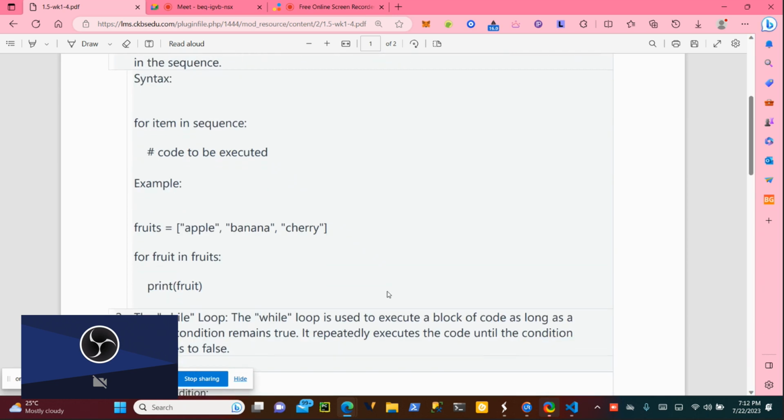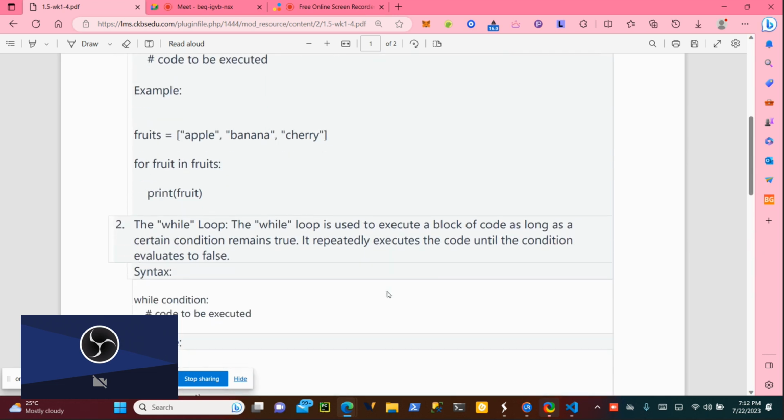So now let's move on to another type of loop. Another type of loop is the while loop. So what do we do in a while loop? The while loop is used to execute a block of code as long as a certain condition remains true. Listen again.